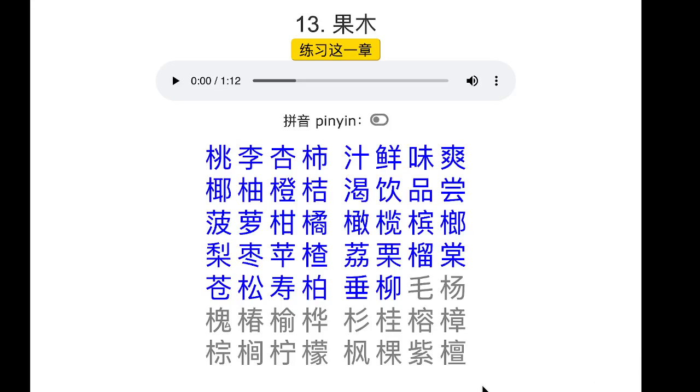Alright, okay. Officially, this is day 25 of learning to read Chinese. And chapter 13 is called 果木, which means fruits and trees. Well, 木 technically is wood, but we use it also for trees, because wood comes from trees. So our first character is